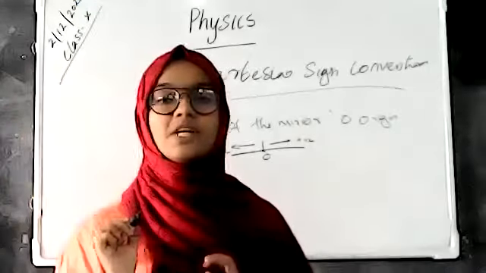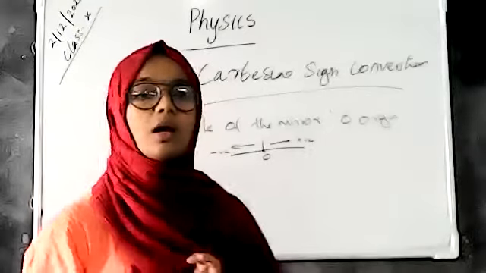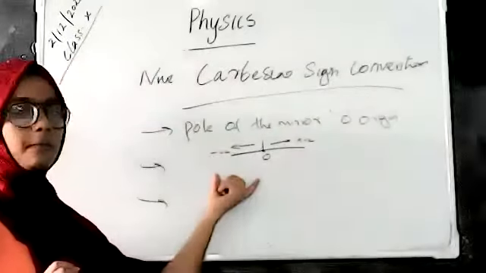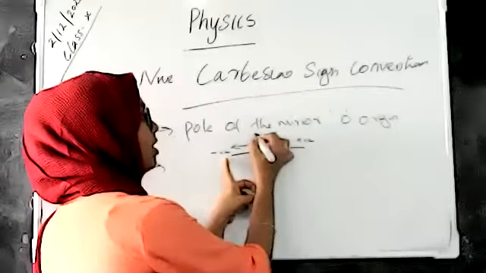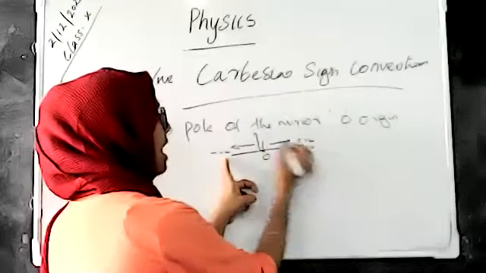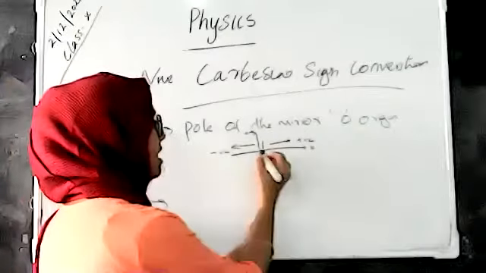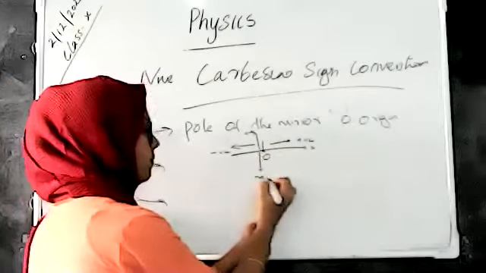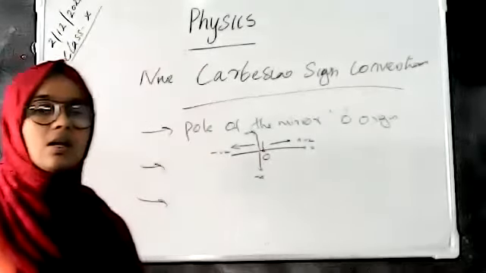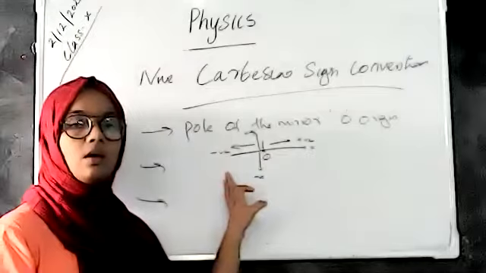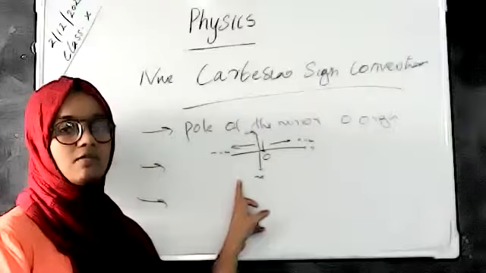And there are objects put in the experiment in front of the mirrors. The position that is on the upper side of the x-axis is taken as positive and the lower side of the x-axis is taken as negative. I think all of you understand the sign convention, using the New Cartesian sign convention.